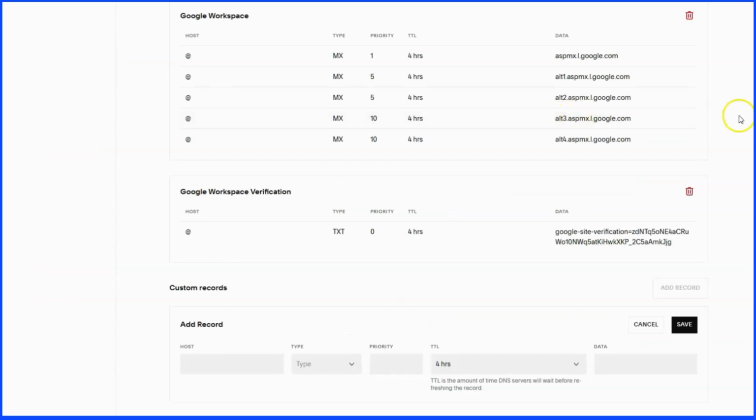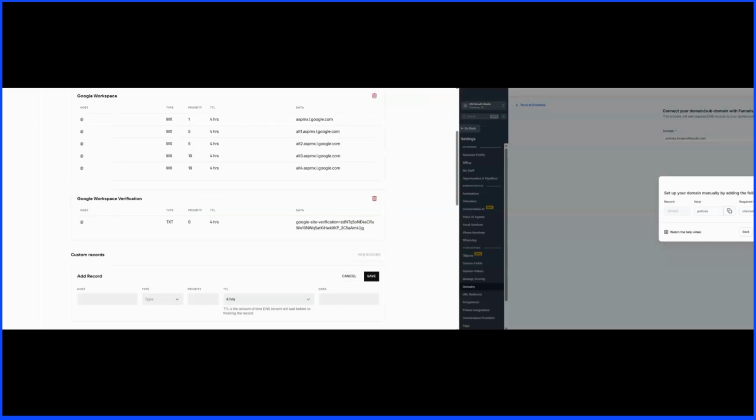And once we click on DNS, it's going to basically take us to a new page where we're going to see all of the different records that we have attached to this specific domain. Now, in this particular case, I'm simply going to switch back and forth. All right, so I adjusted my screen just a little bit so you guys can now see that